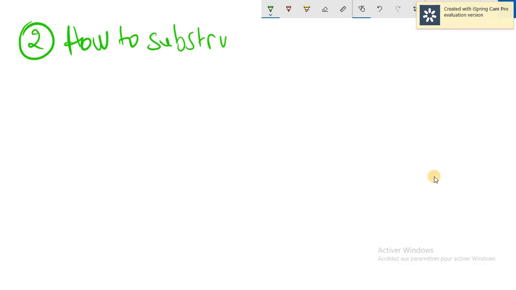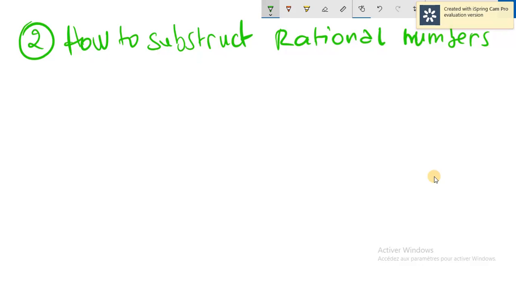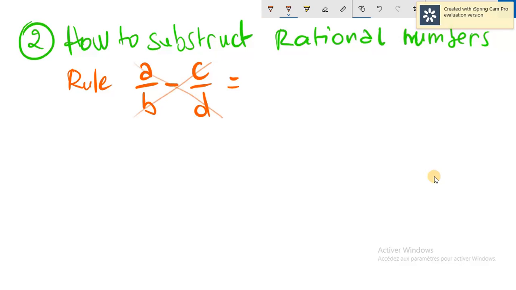Now, how to subtract rational numbers. Actually, the rule that applies for addition applies for subtraction too. Let's start with the rule first. If you have rational numbers a over b minus c over d, what you're going to do is cross them as well, and the result will be multiplying